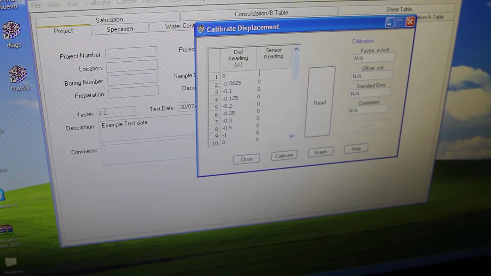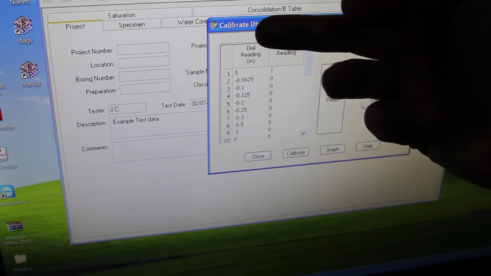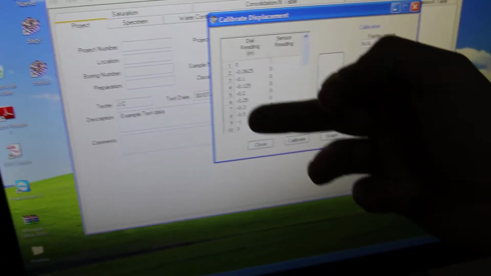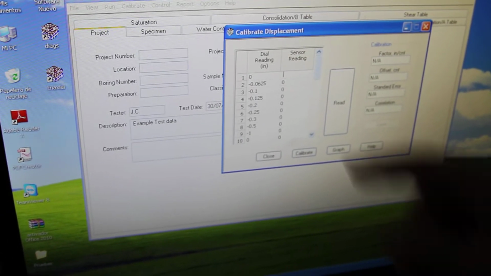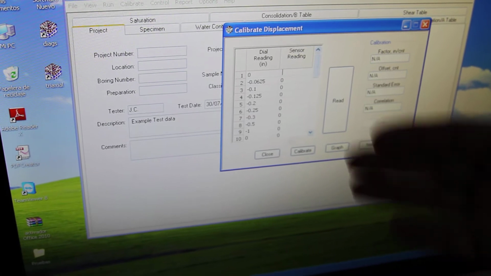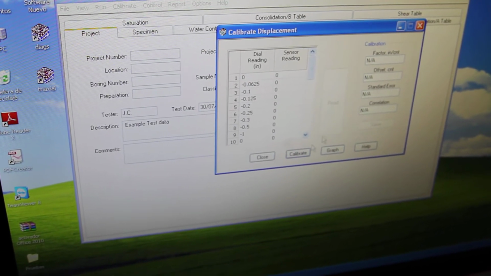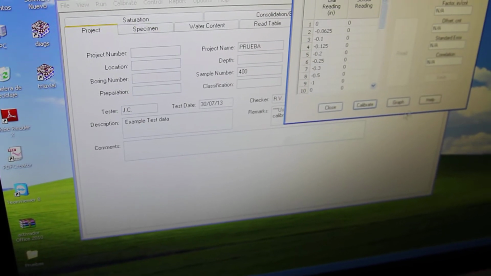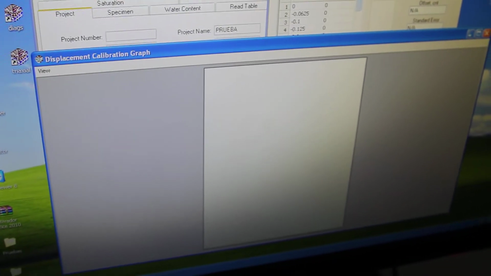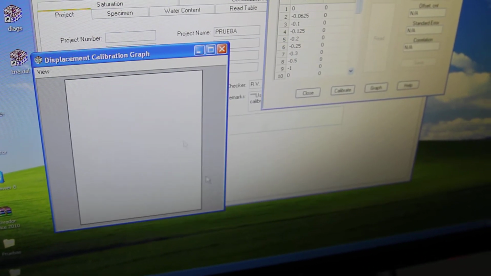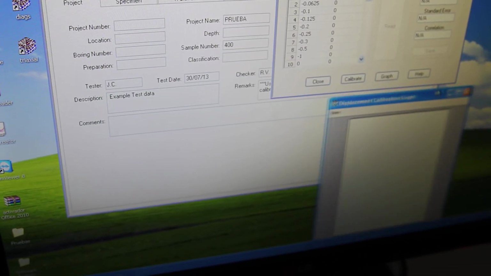Right now I have dial gauges or dial reading. Those are the standard, the gauge blocks that I showed you. That was from the previous calibration. If there is any calibration data here, what I'll do, I'll zero this column and I click calibrate, so everything is zero now. Also what I do is I click on the graph so I can see the progress of